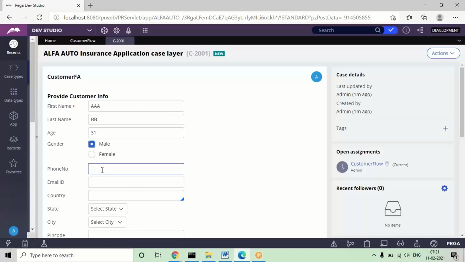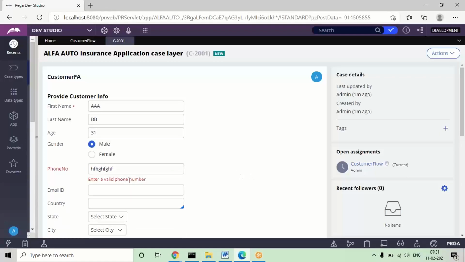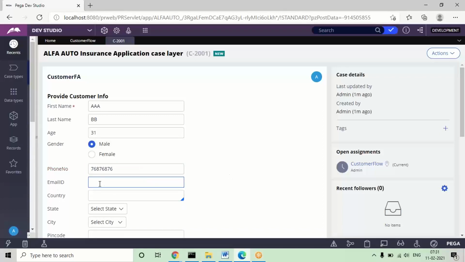Some other things: for phone number also, if you give any string, it will allow the input but it will throw an error message, because internally the validation is defined so that only numbers will be taken for the phone type property. If you give a number, it will take the input. And for email also, if you give a normal string it will take the string value, but it compulsorily checks the email format. If @.com is not there, it will not take the value. If you just give abc or xyz, it will not take the input. So only if you give the proper format will it take it.